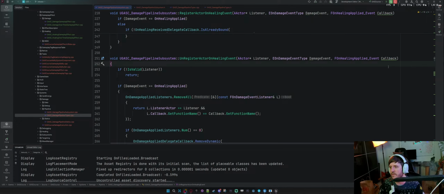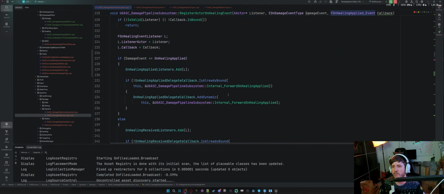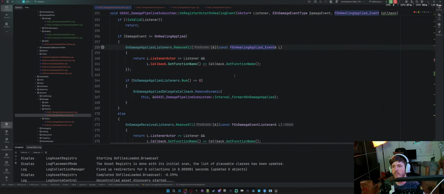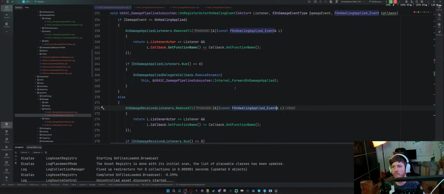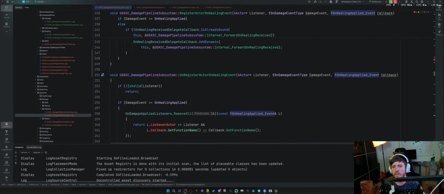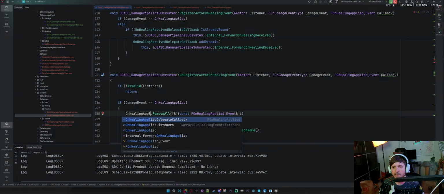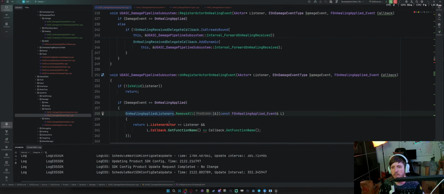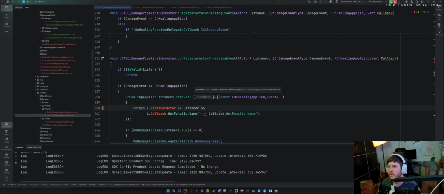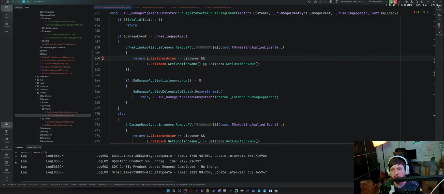Well, it's damage event, that's fine. That there. Did I also put that in there? That there. On healing applied. So now on healing applied listeners. So far, not happy with this. We're gonna have to see why in a few moments here.